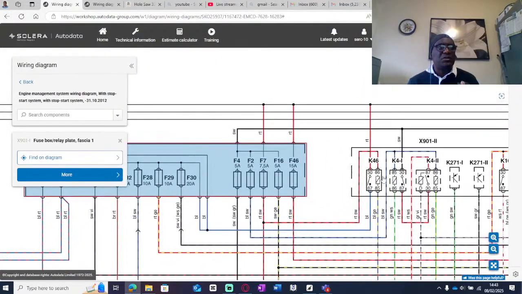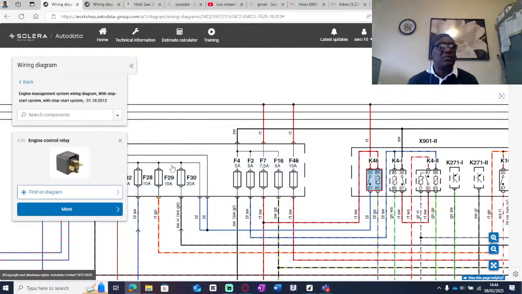These are the numbers that you want to familiarize yourself with, gentlemen. Familiarize yourself with what 30 is, what 87 is, what 85 is, and what 86 is. 30 is your permanent power, 85 is your ground, 86 is your power, 87 is your load. If there is also 87A, then that becomes a 5-pin relay, which, whenever it's open, supplies something else. But in this case,